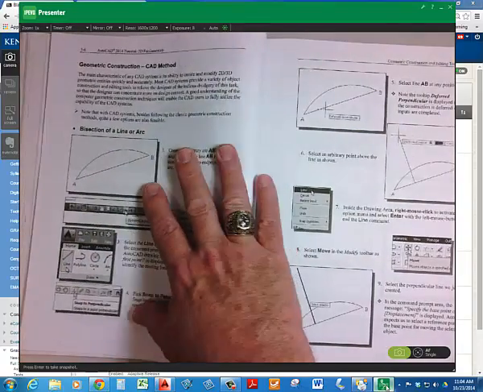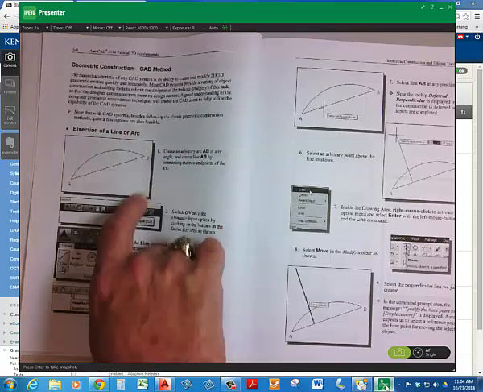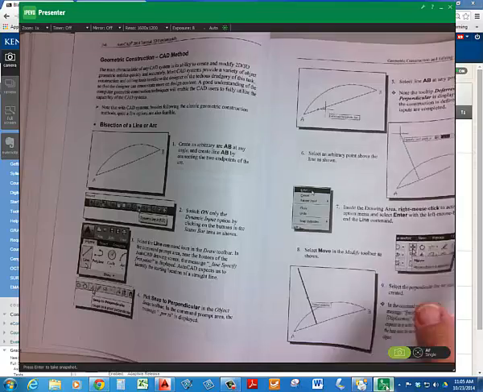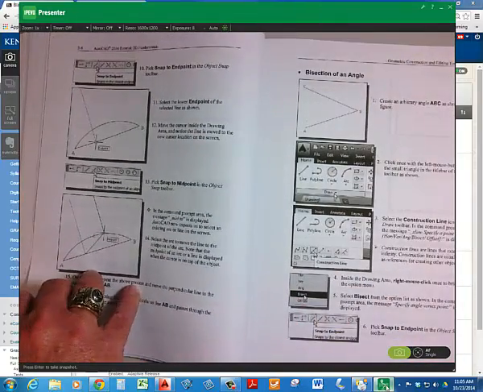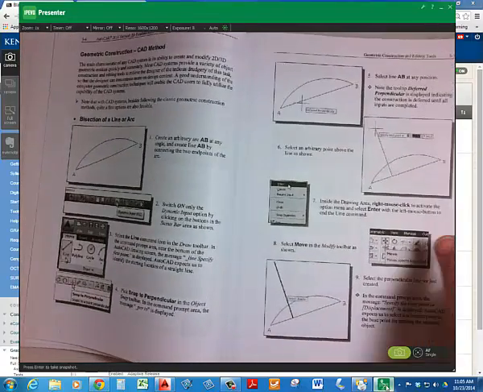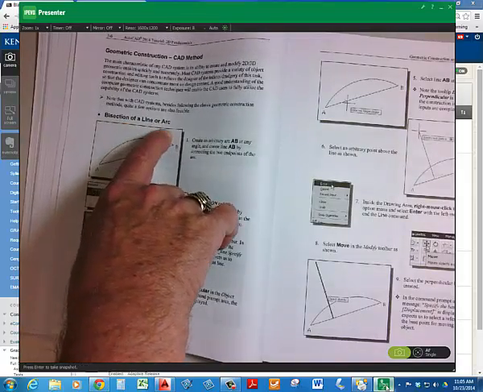For instance, the first tutorial that you're doing is bisection of a line or arc. Now, the author of the book does not say to save that operation as a drawing, but I'm requiring you to do so. So you're required to do this bisection of a line or arc